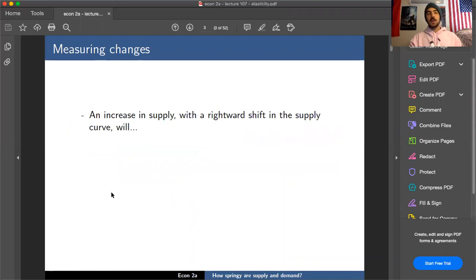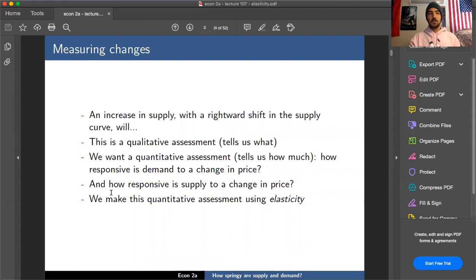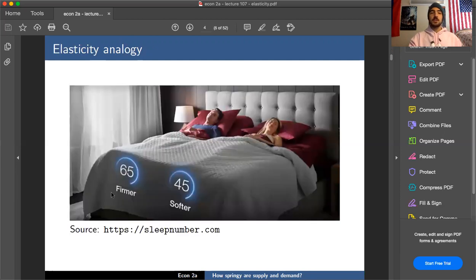But an increase in the supply, with a rightward shift in the supply curve, will move the equilibrium down along the demand curve, indicating a decreased quantity demanded. So this qualitative assessment tells us what, but the quantitative assessment tells us by how much. How is the demand going to respond to a change in price, which is exactly what elasticity will show, and how responsive is supply to a change in price. But the quantitative assessment of that responsiveness is elasticity. So the definition,